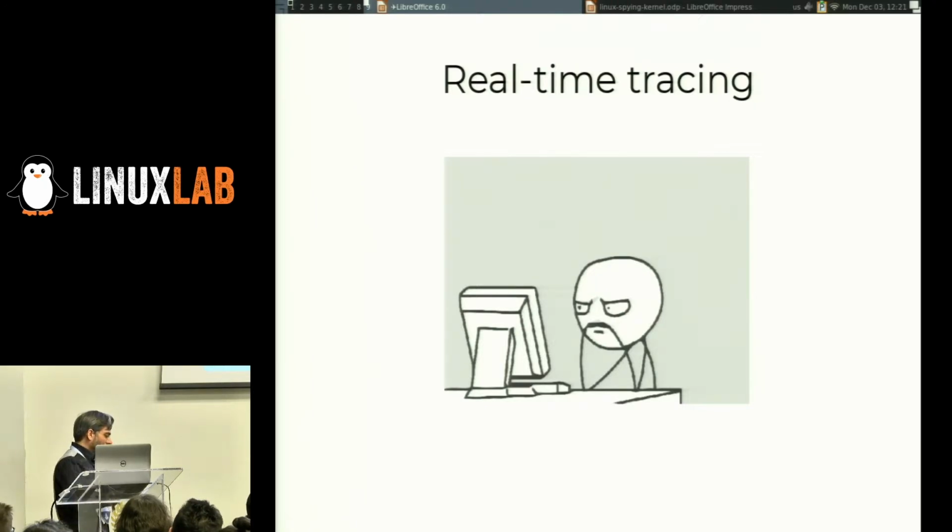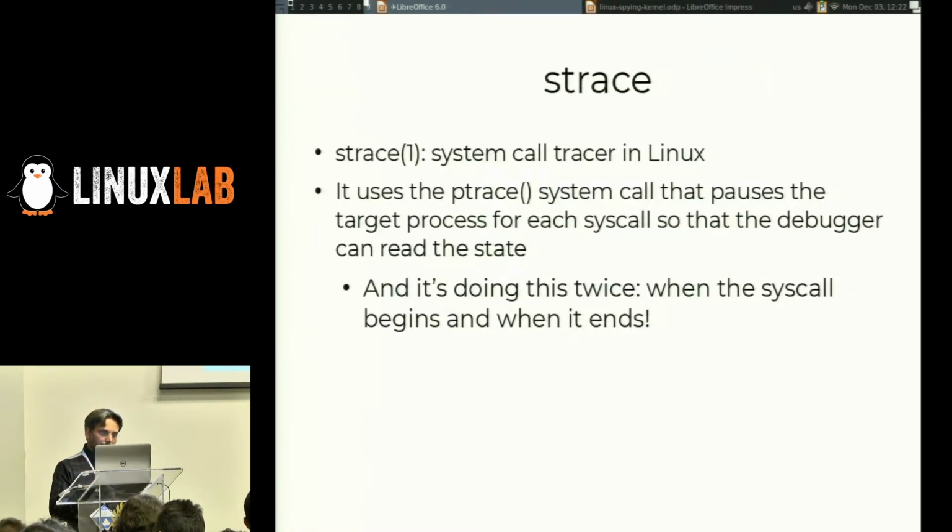So fine, we've said the Linux kernel is complex to understand. There are some sources, some documentation that you can look at. But today I want to bring you an idea: what about using real-time tracing tools to inspect what the kernel is doing? Using these tools that are usually used for performance tracking as tools to learn the kernel. And so I was trying to show you the easiest way to trace something in Linux,